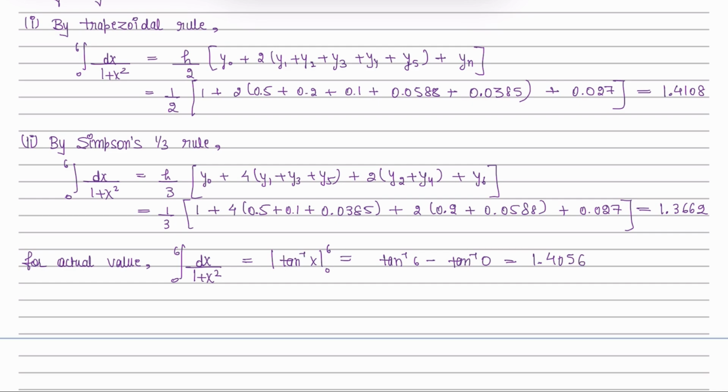Since we need to compare the actual values with those from the trapezoidal rule and Simpson's rule, the error in the trapezoidal rule will be the actual value minus the calculated value, which will be equal to